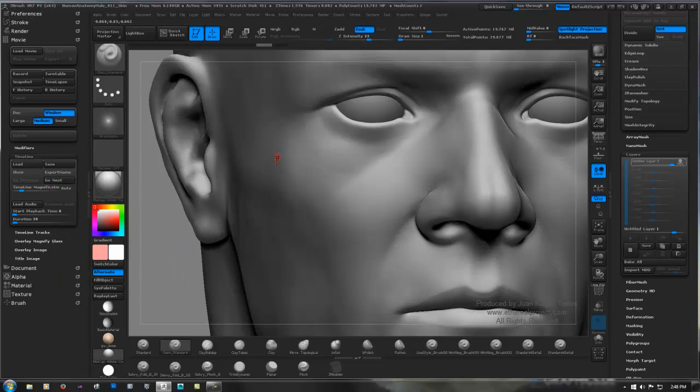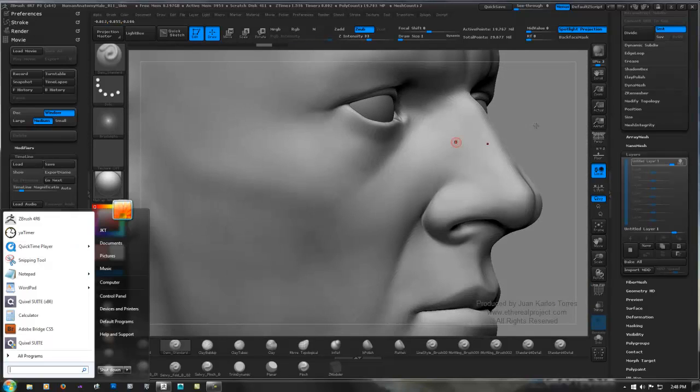Now why doesn't it change on the skin is because I already have the skin. I filled the object, or basically the skin, with a color, so that's why it won't change when I do that. But the eyes have not, so that's the reason why that's happening. Okay, so